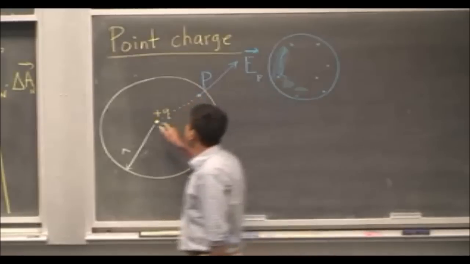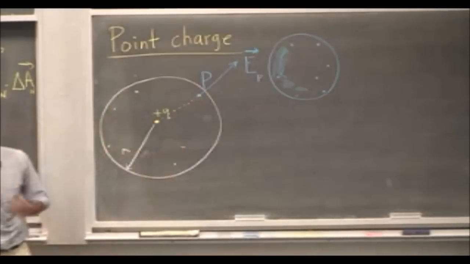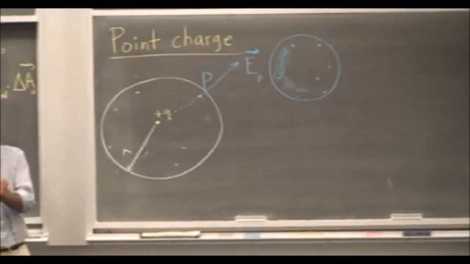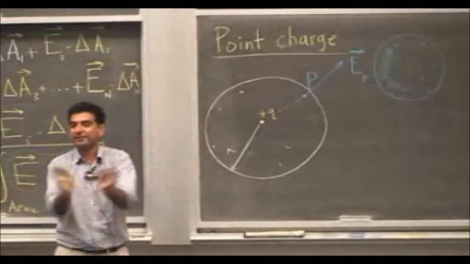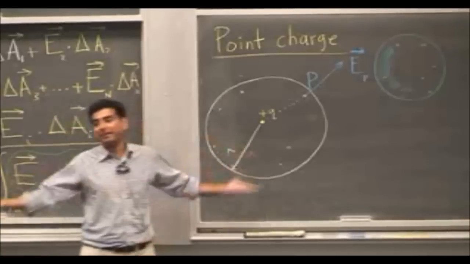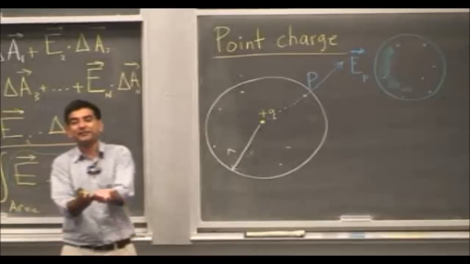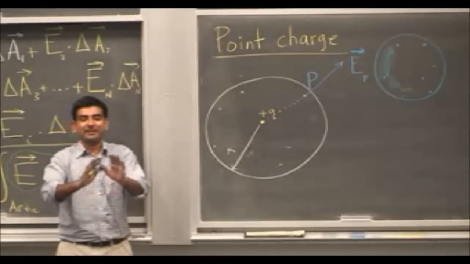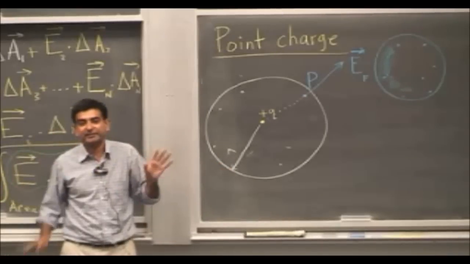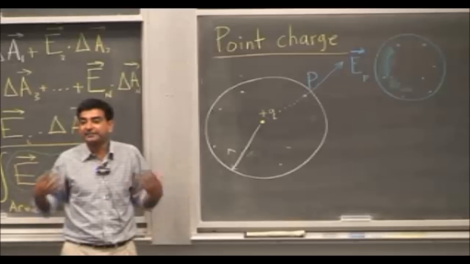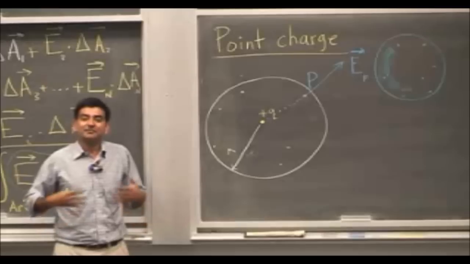Now, is this point P any different from any other point that I draw on the surface? No, because of the spherical symmetry. It's a point charge. The charge itself doesn't have a volume, and I'm at equidistant points from the center of the circle, from the point charge. So, I can draw as many P's as I like. How many P's can I draw? Infinite. All the points on the surface of the sphere are on equal footing. There is no unique point on the surface of a sphere. This is what is meant by spherical symmetry. So all these points P are on equal footing.